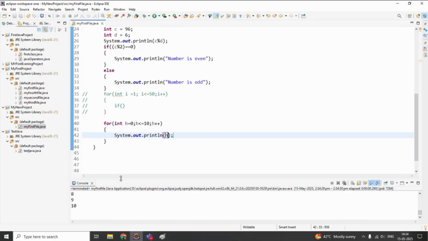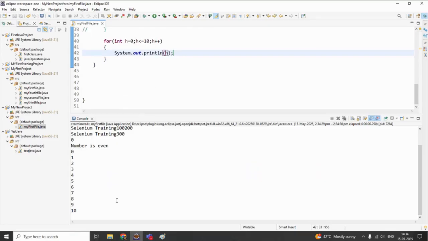Now I want that it should not print 5. So what should I do? It should not print 5. Maybe we'll give an if statement after the for. If h equal to 5,